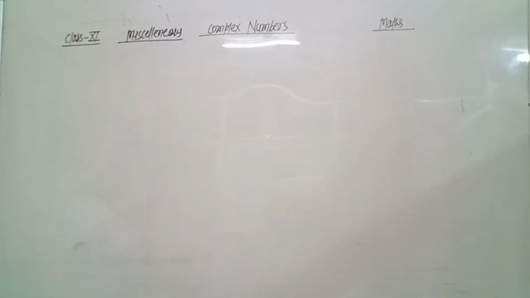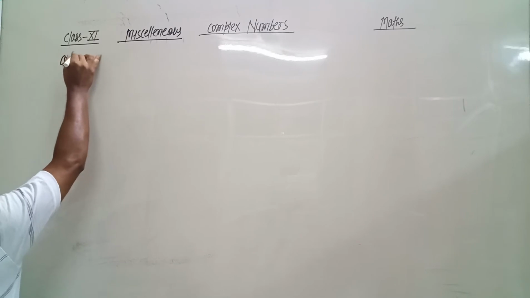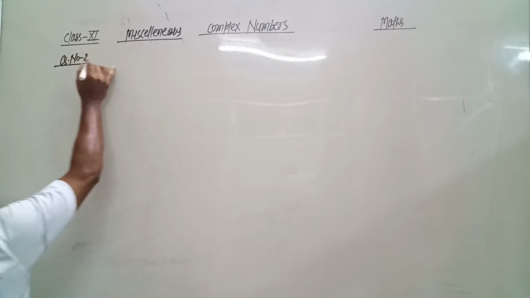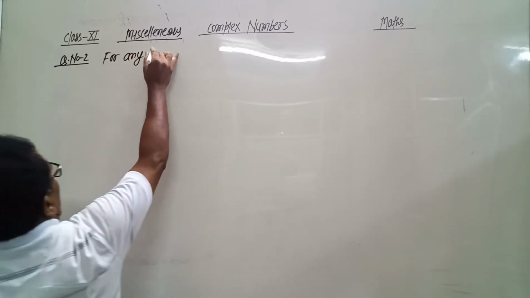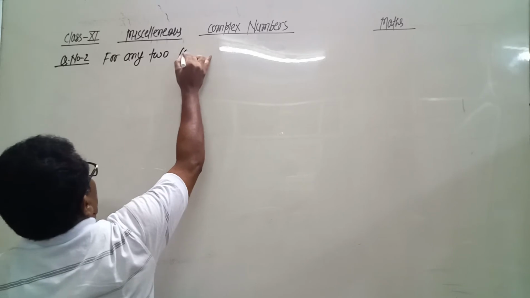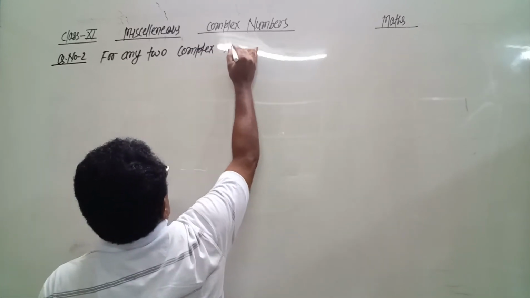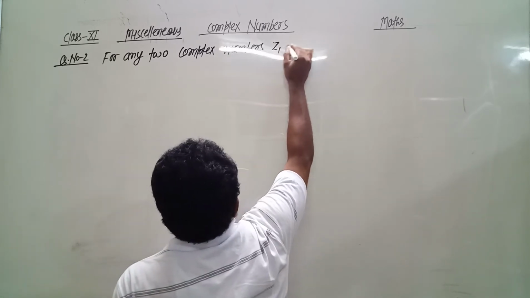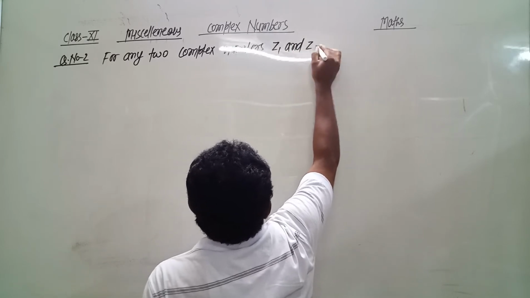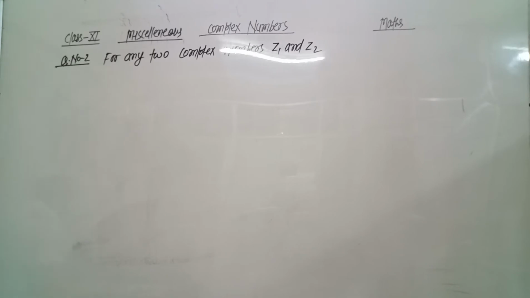Next, question number 2. For any two complex numbers Z1 and Z2, prove that